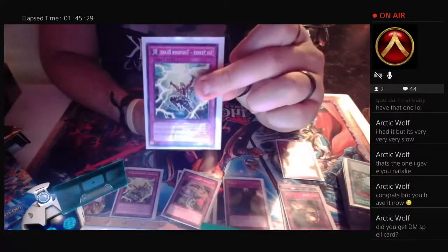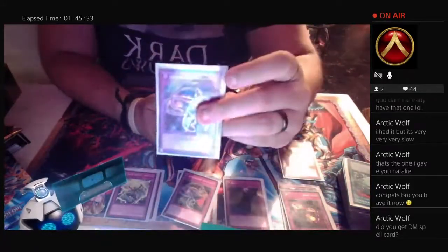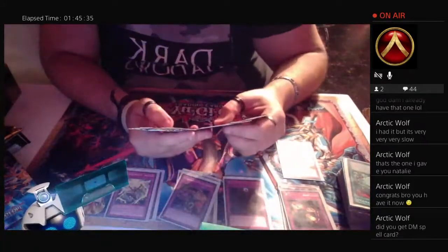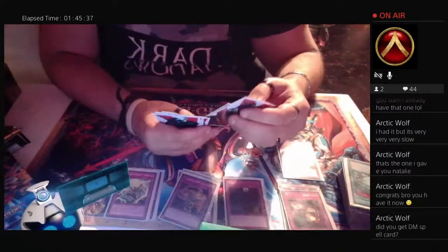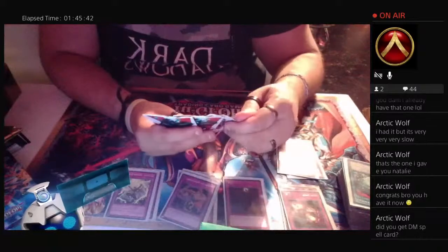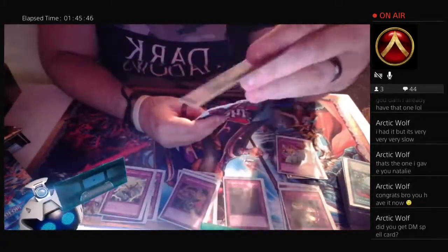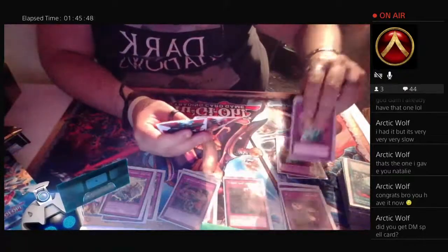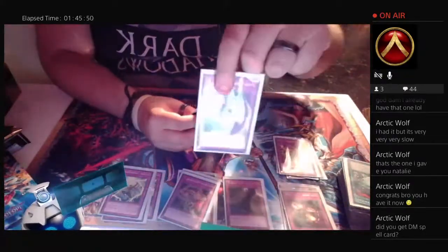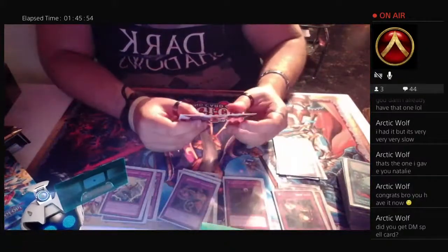Six Strike, Thunder Blast again. Another counter trap. Draining Shield number 2. Another Thunder Blast. Draining Shield again. Dark Bribe again, because why not? Now,